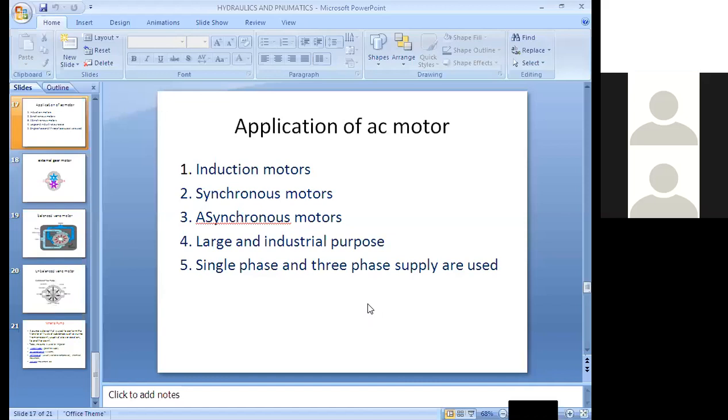In tomorrow's class, the next class, I would like to explain the unbalanced vane pump, vane motor and balanced vane motors, and external gear motors. It is a very important concept especially for mechanical engineers. I will come with the diagram, the working principle and a video in the next class.